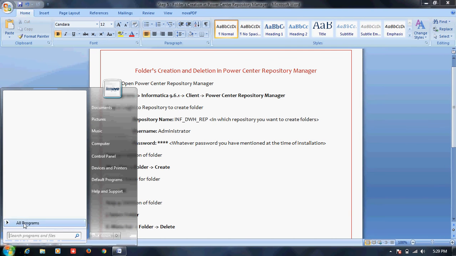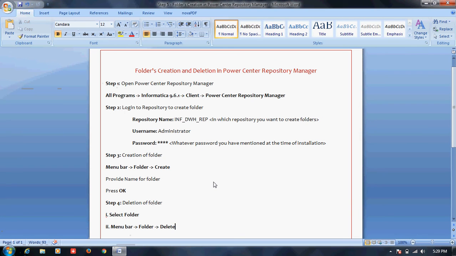So how to open the PowerCenter Manager, and before that why we are using the PowerCenter Repository Manager. So what is the functionality of this Repository Manager? Repository Manager is the one to maintain the development code. So by using this repository manager we can move the code from one repository to another repository in the form of drag and drop at the time, so it will be in the XML format, export and import. Okay, and we will differentiate the code from the developers by using the folders also.